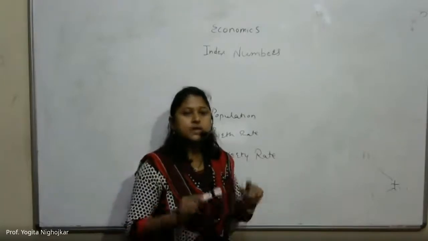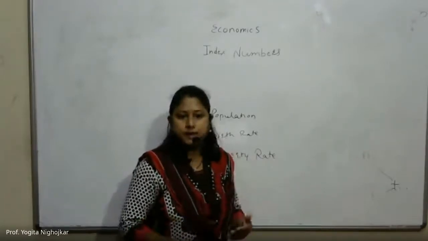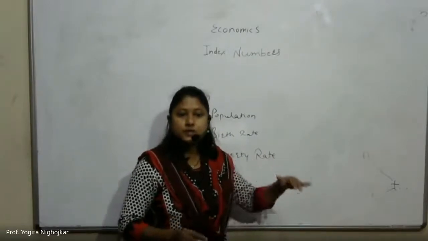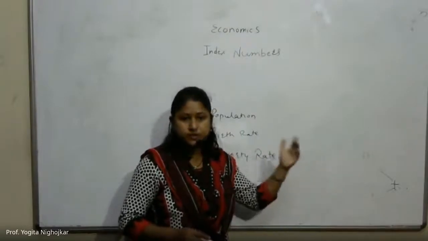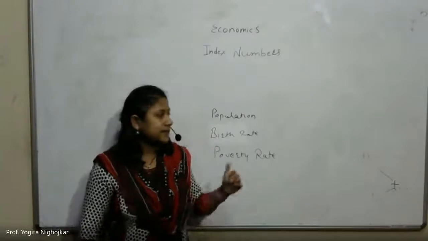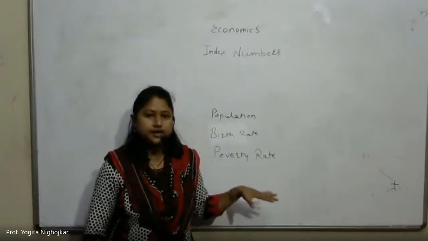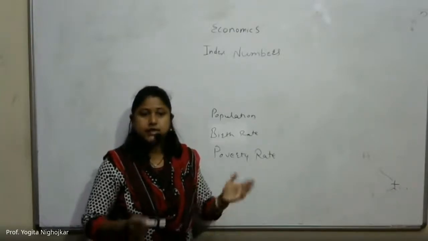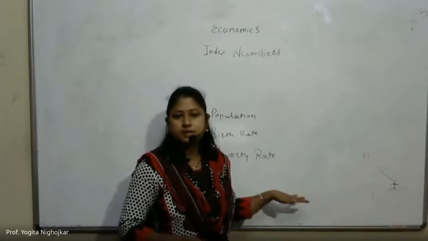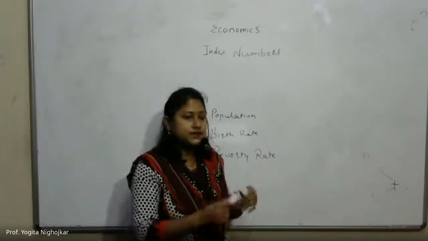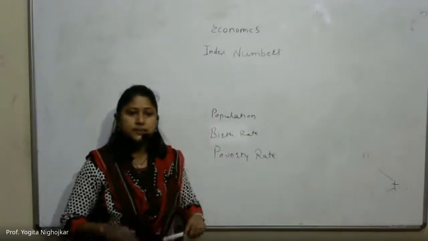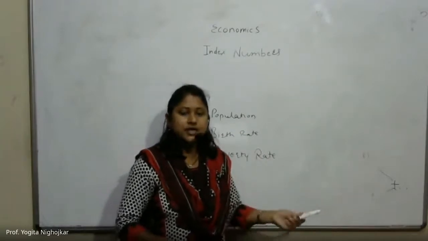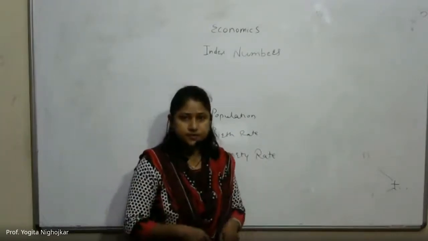For example, if a researcher wants to compare the price level of consumer items today with that prevalent 10 years ago, they are not interested in comparing the prices of only one item, but in comparing some sort of average price levels, right? So with the support of index numbers, the average price of several items in one year may be compared with the average price of the same quantity of the same articles in a number of different years, right?